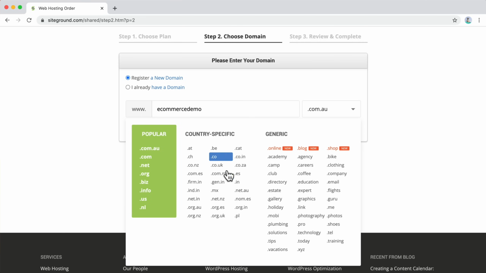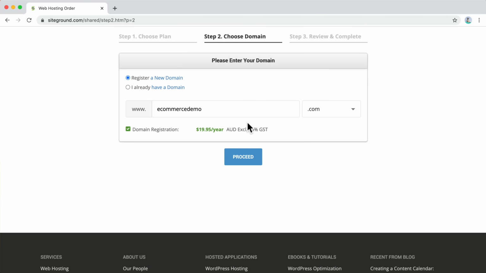So this is another benefit that I forgot to mention. You can also choose .com.au, .co.uk, or anything like that as well. But I'm just going to go for a .com, and that's what I recommend if you don't know which one to go for, because normally that's more trustworthy when your customer views your website. So here we can click on Proceed,